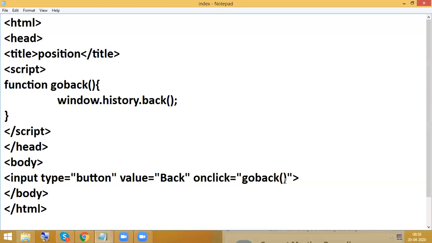One second. Okay, so here I am going to have a text: window.history, go back.